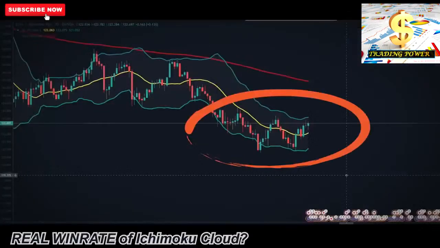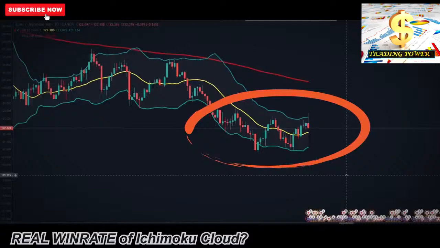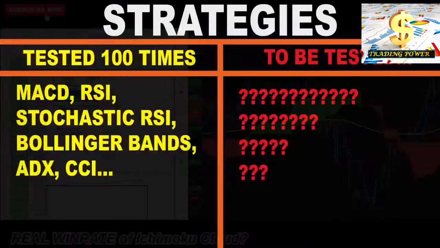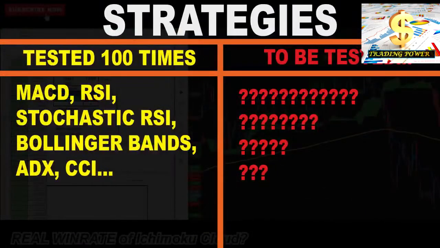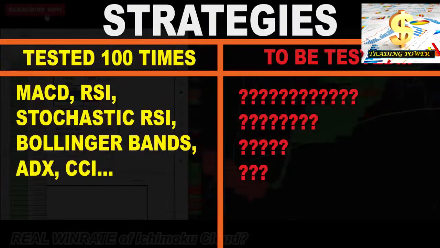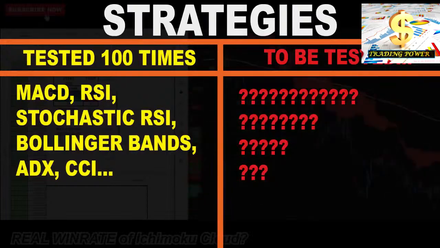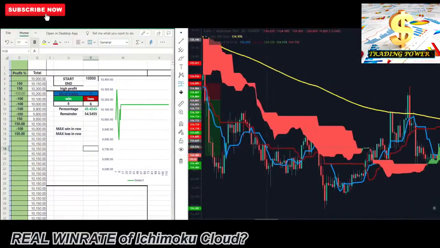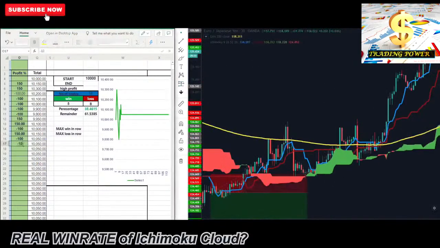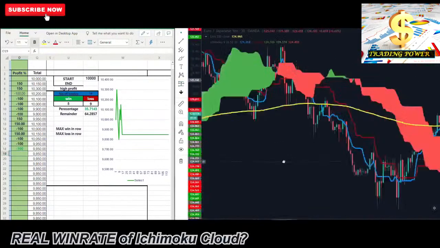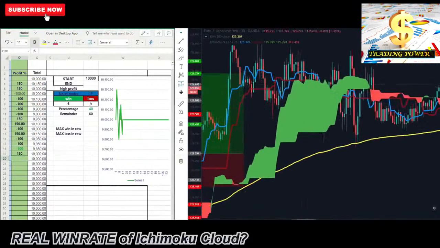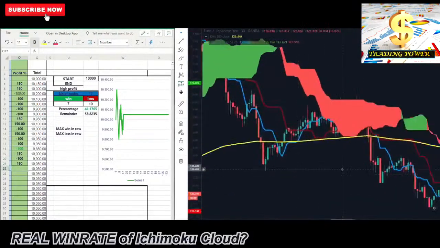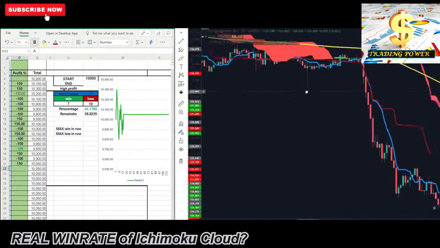The MACD and Bollinger Bands strategy that I tested 100 times had good win rates like this. Check out my MACD video if you want a better strategy. Or check out the RSI strategy video to see its real win rate. Now you know the win rate of the Ichimoku Cloud strategy. Remember, I took trades based on the Ichimoku Cloud indicator and 200 period moving average. I also took 1.5 times more profit than my risk. If you use a different setup, or use a different risk to reward ratio, your win rate